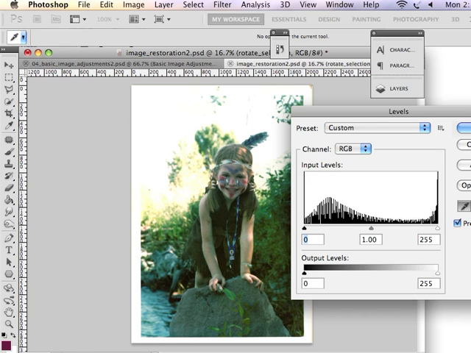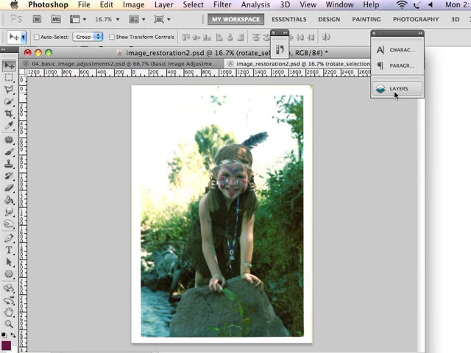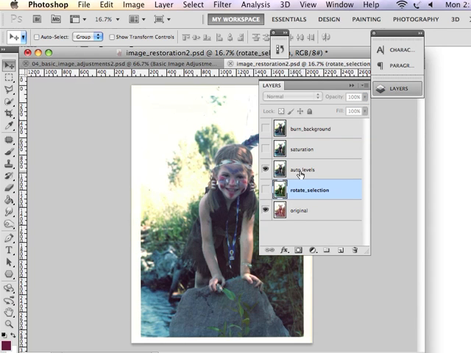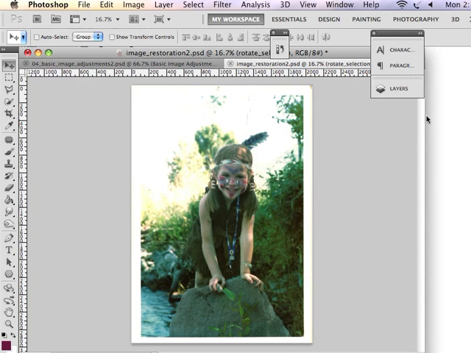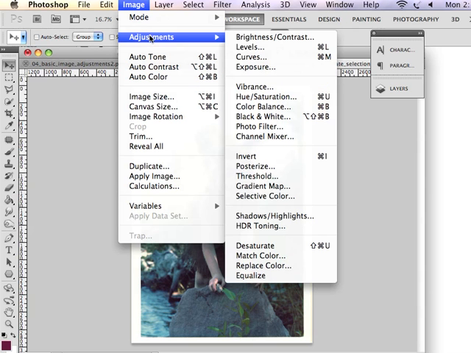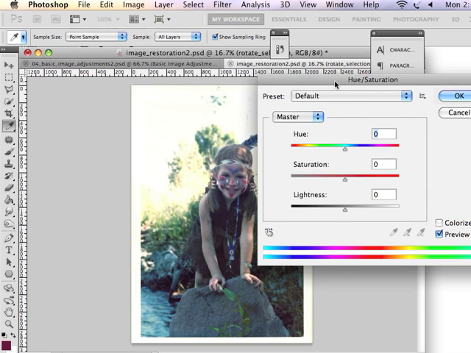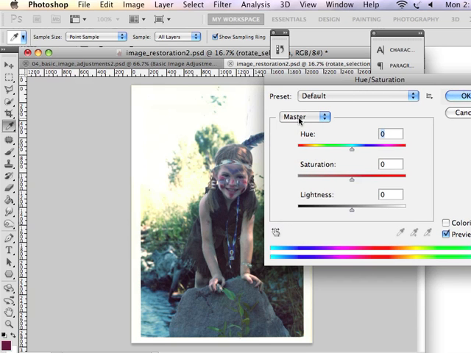So once I've adjusted the levels, I click OK. And you can see here's what the computer did using Auto Levels versus what we have done. Everything has a little bit of a green cast when we adjusted the levels by hand. So let's go with what the computer has done using Auto Levels. And the next thing that I might like to do is increase the saturation. You can see that there's potential for a lot of great color in this image, but it really looks washed out. Under Image Adjustments, Hue and Saturation, I can bump up the saturation in my image overall